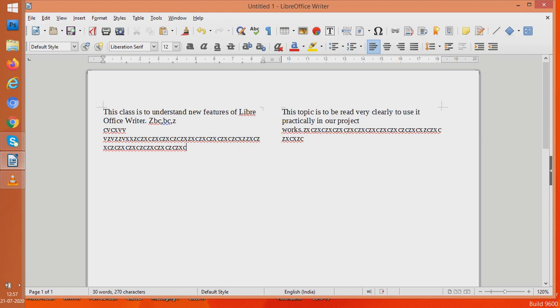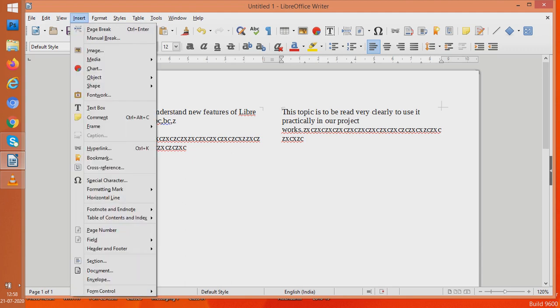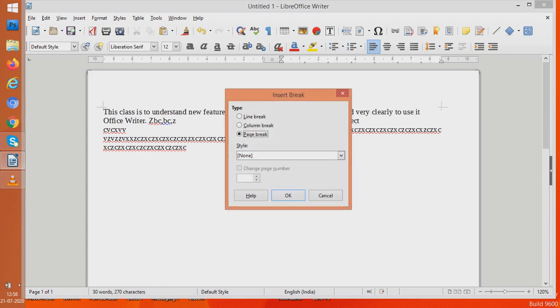And if you don't want to use the second column, you want to use the third column, what will you do? You will insert a column break. So come to the second column here, before this, to insert a column break. What do you mean by column break? I want to leave the second column and go to the third column in the next page. So I'll go and write here insert, we'll go to manual break and column break and press OK.